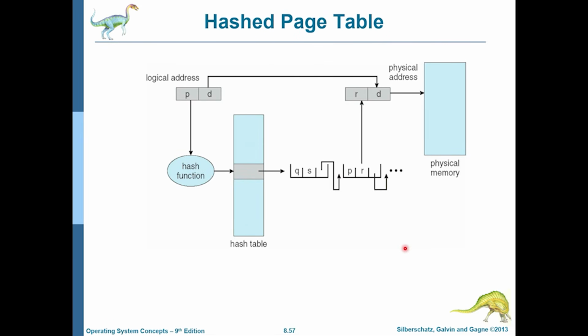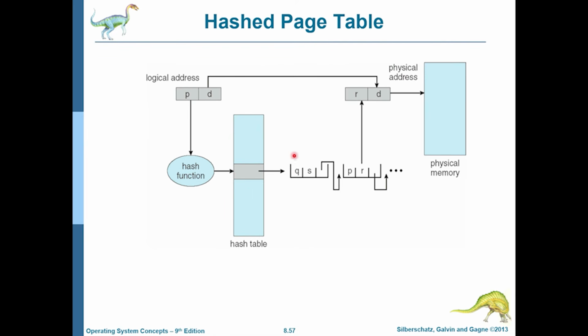Let's quickly look at another variation of the mechanisms that can be used to not have so many page table entries. So apart from multi-level paging schemes, we can also use hashed page tables, and in the diagram it is pretty clear what it is doing. So our logical address space is again divided into a page number and an offset. We can take the page number and instead of directly indexing into a page table, and if we do that, we would really need lots of page table entries, and that is why we are not doing it. We would actually take the page number and use a hash function. And the hash function will give us a location in a hash table that has page table entries inside them.